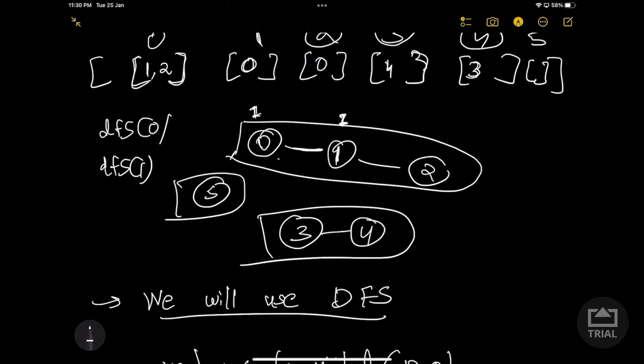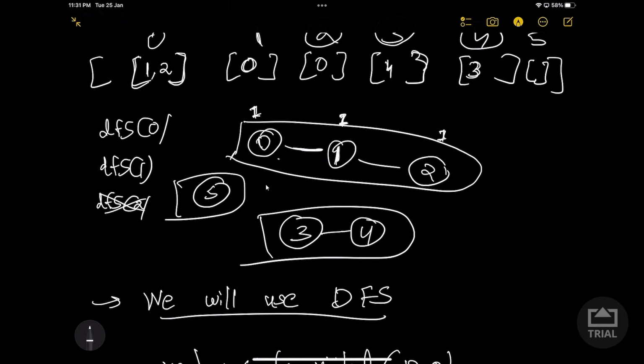So for 0, it will check if this node is already visited or not. It's already visited, so it will not run another DFS. And for 2, it is not yet visited, so our DFS will go to 2. It will mark it as visited. Now again it will check for the connected nodes. 1 is visited, so we don't have to process it again. It's only connected to 1, so after that loop